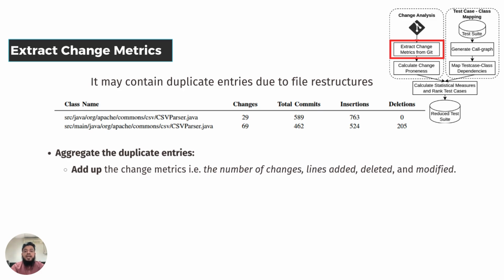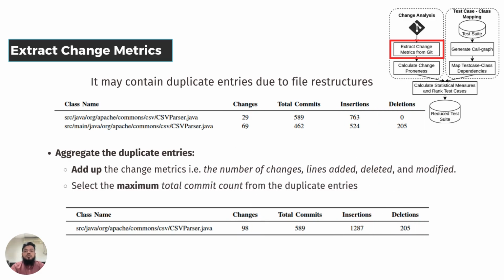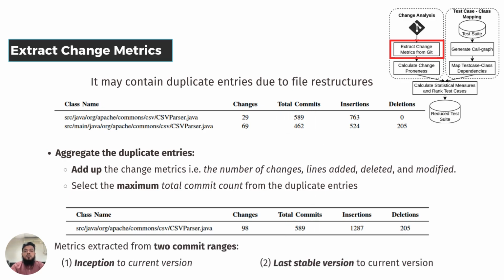To aggregate, we add up the change metrics, such as changes, insertions, and deletions. Since the total number of changes is the change encountered by both the old and the new versions. So here it's added. And for the total commit count, we take the maximum among the entries as it encompasses all the commits across versions. We extract those change metrics from two commit ranges, inception to current version and from the last stable version to